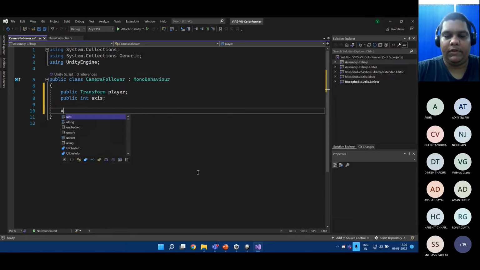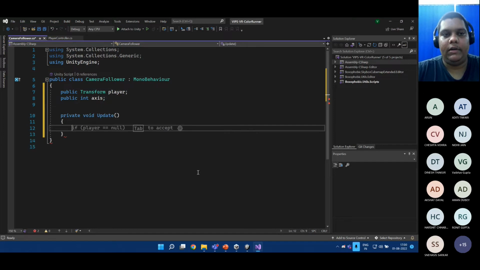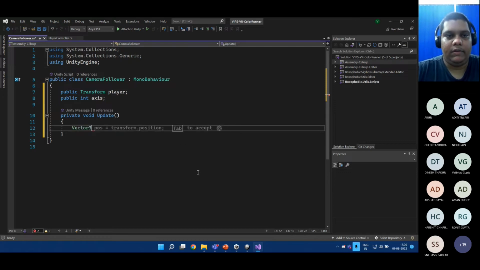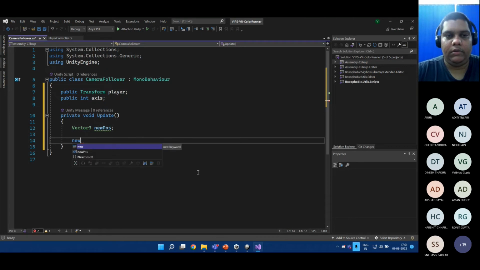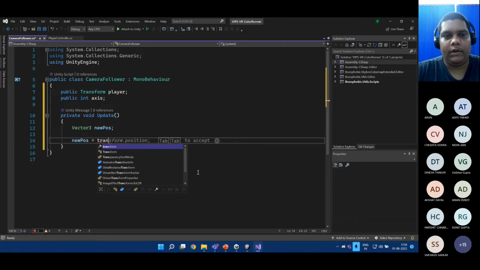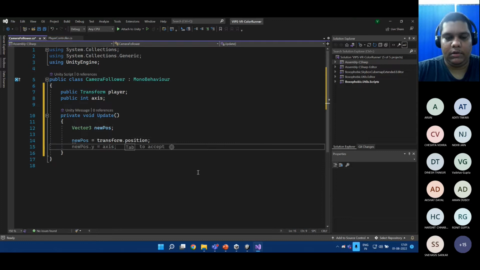And then we just need to do an update. In the update function, we will create a new Vector3, which is the new position. This new position will be equal to the current position of the transform. And in the 0th axis,